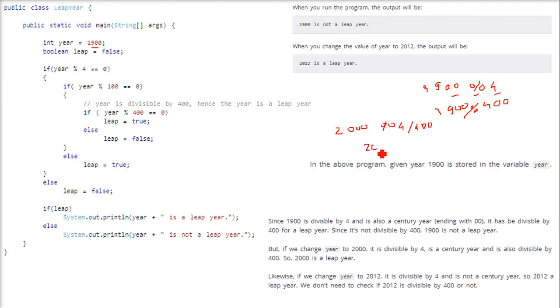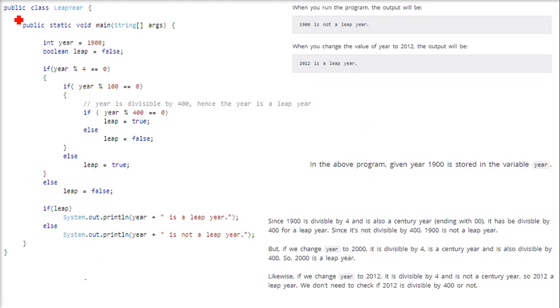If you check for 2012, which is checked here also, it is divisible by 4, and since it is not a century year, 2012 is a leap year. A century year has to be checked for both 4 and 400. If it is not a century year and is just divisible by 4, then we don't actually check for 400, we just check modulo 4.